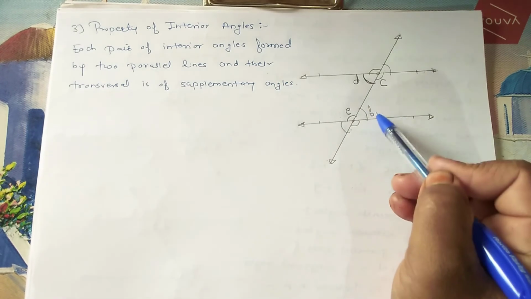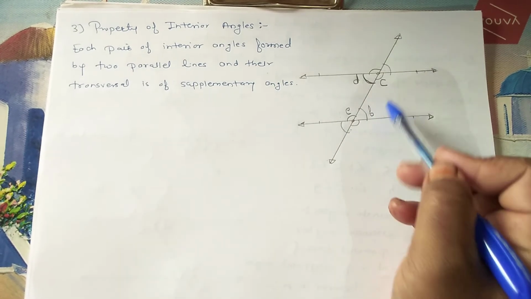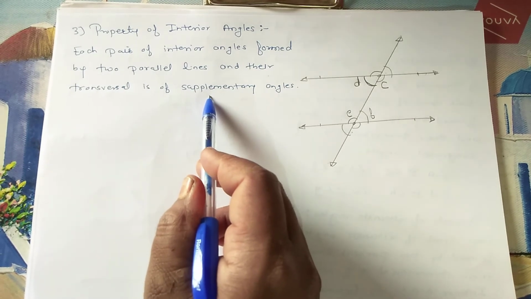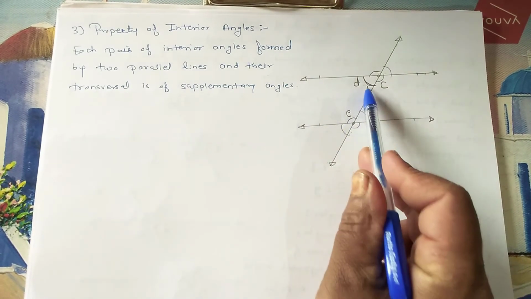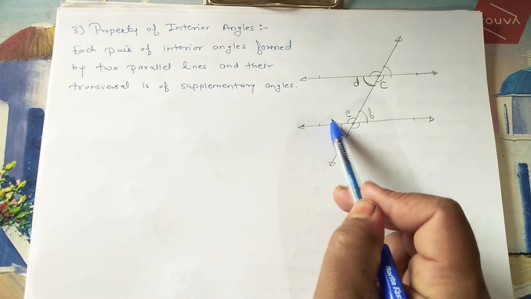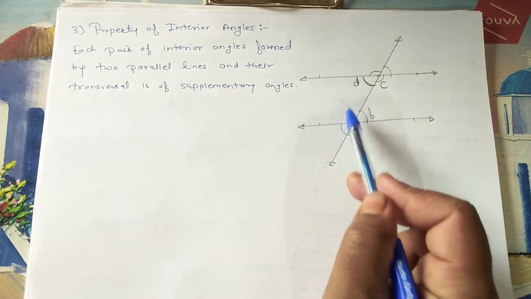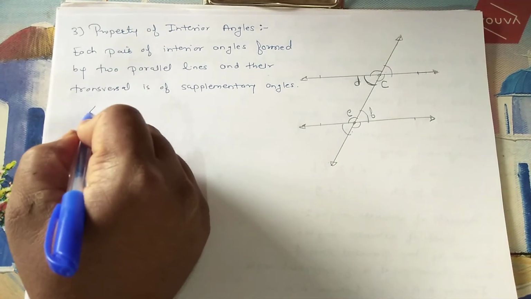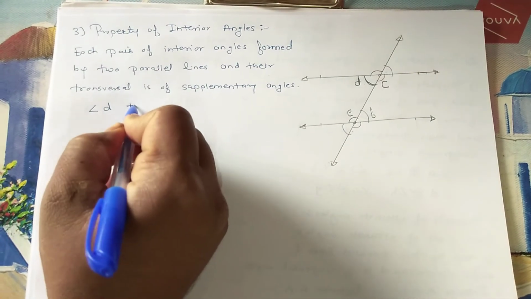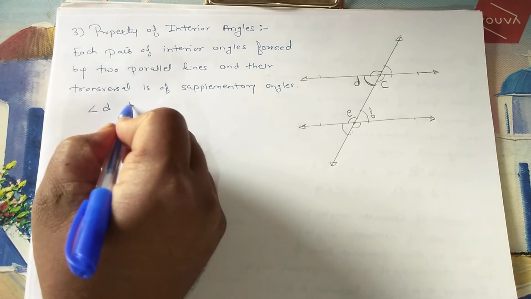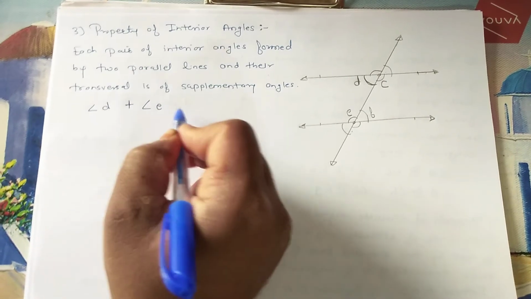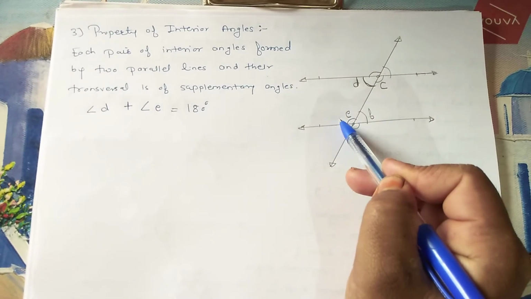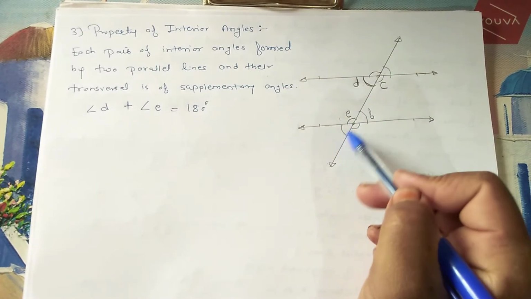And C and F, these two form the interior angles, and they are supplementary angles. What is meant by supplementary angles? That is, the sum of that pair of angles is equal to 180 degrees. Here angle D plus angle E, that sum is equal to 180 degrees, because D and E are interior angles formed by these parallel lines and